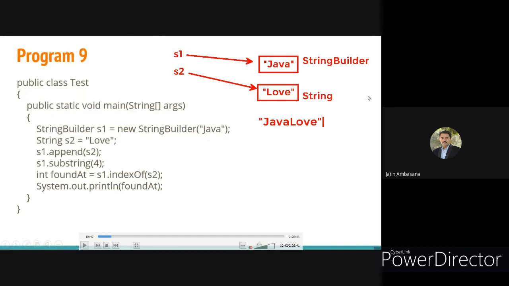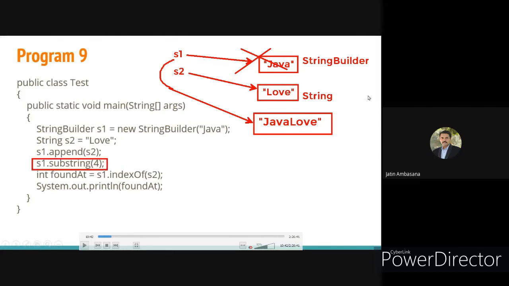So the string that will be created is the new string, which is pointed by the s1 automatically. So actually this is the object that gets modified, right? Let's say now we don't consider it as a new object, same object.